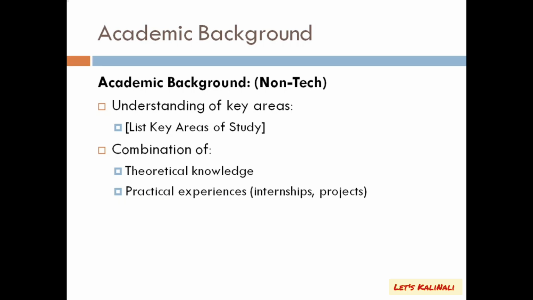A BA student needs to mention that they are interested in language, literature, history, or political science. A BBA or BCom student needs to mention that they are interested in finance or marketing. And the combination of theoretical knowledge and practical experience, mainly internships and projects,